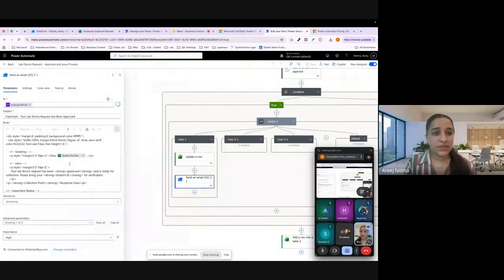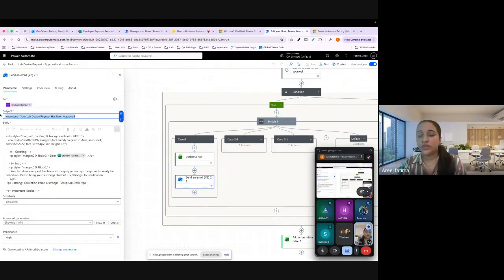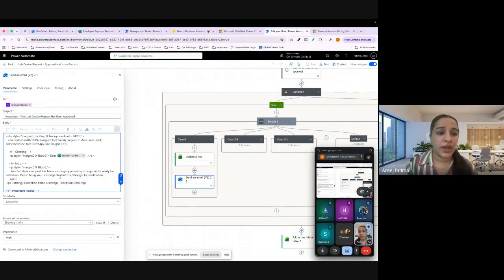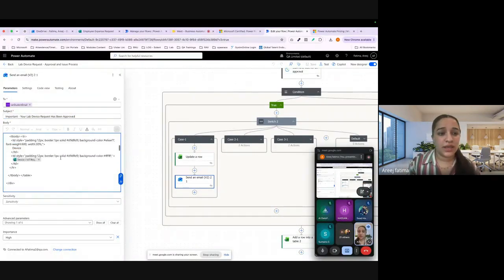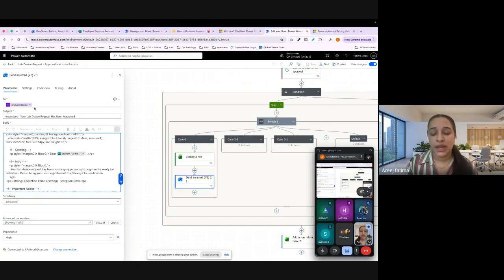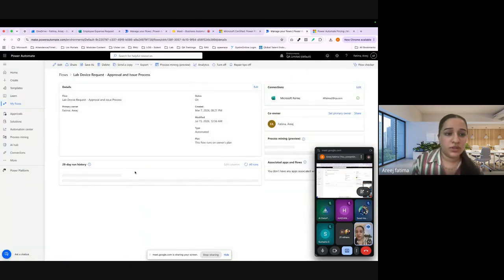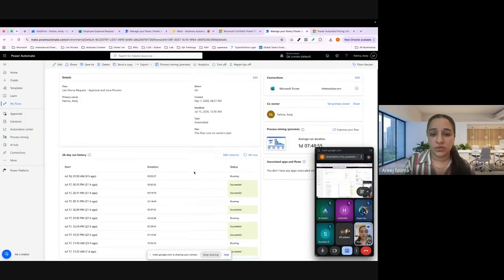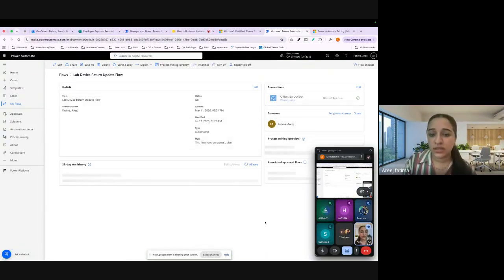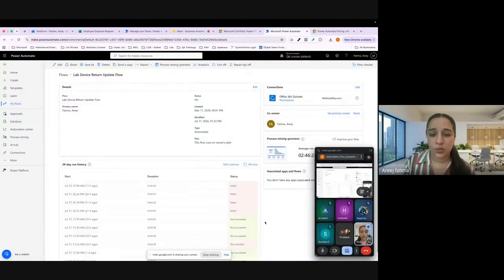Okay, and here you can see, even if you want, you can create your own email, like after the complete approval and whatever we have, we need to send the email like this with the specific person and information that we are getting from the employees. So if I show you the history, just to have a look at this flow, this is the complete history about this one. So someone is still running, someone is completed, and if anyone is failed, then how we can share. Okay, now you can see some are failed here.